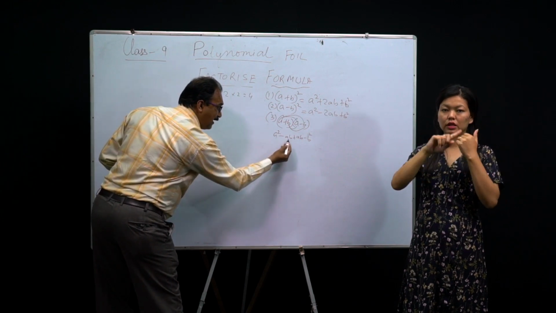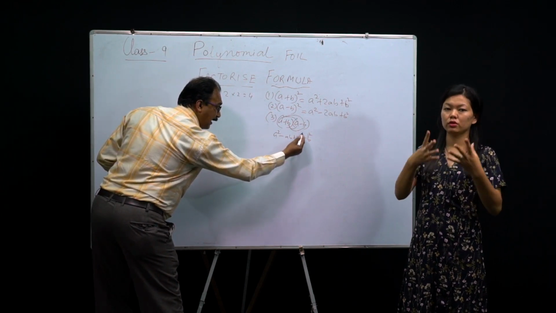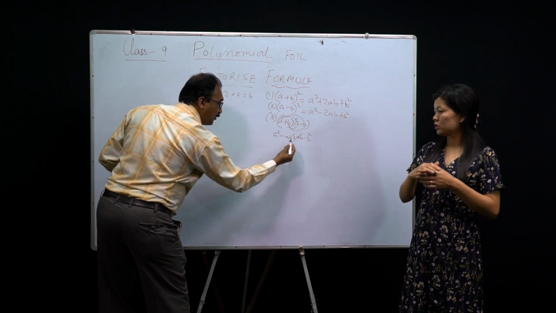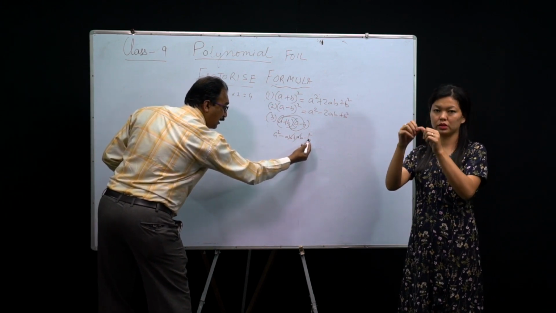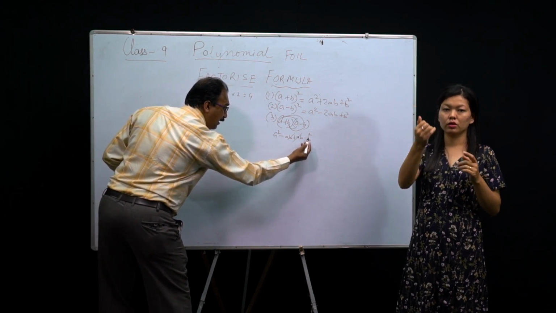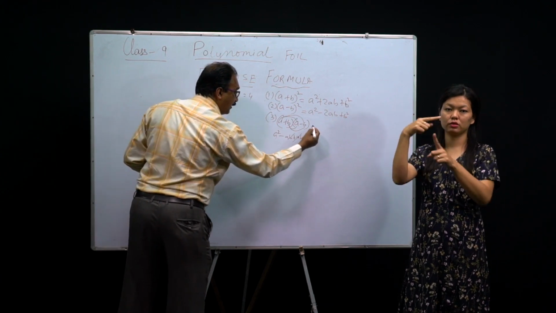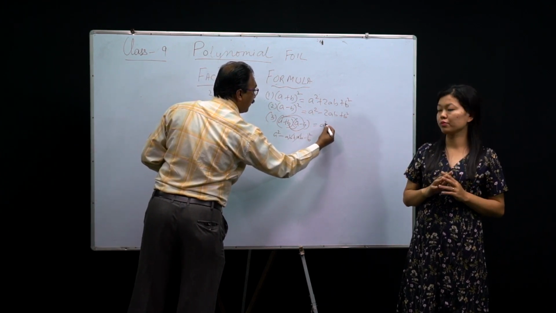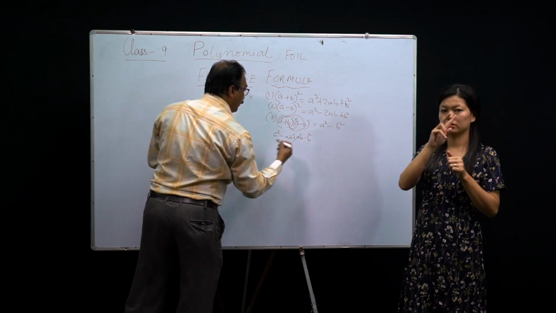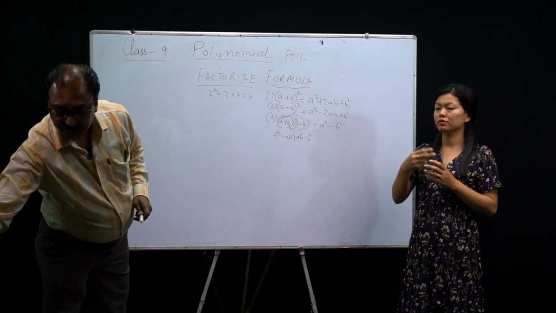Now look at here, minus ab plus ab cancel, no? So how much do you get? a square minus b square. We cannot say plus, because whatever the number, before that we consider the sign. So what are you getting here? a square minus b square. This is the formula we established by multiplying.